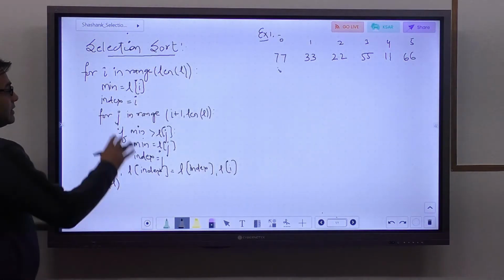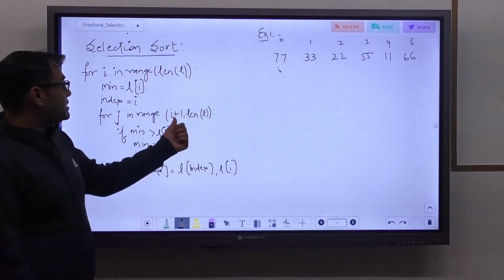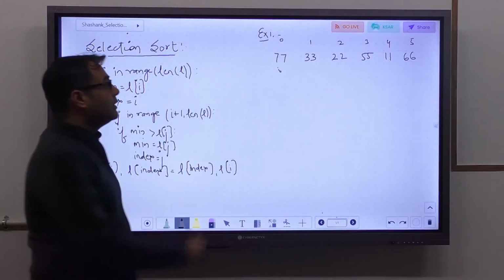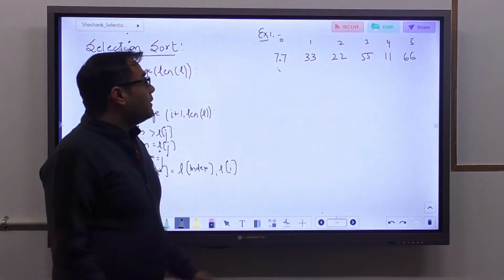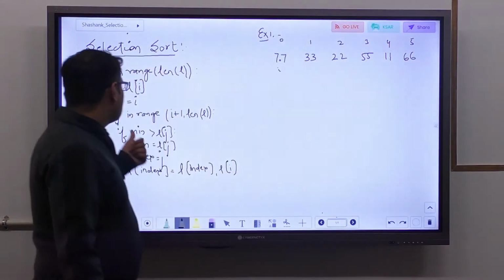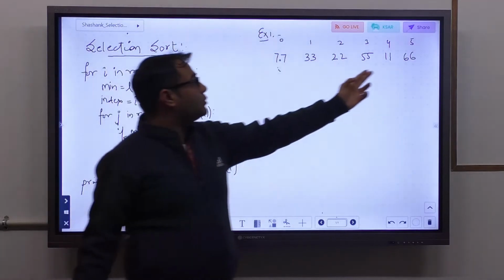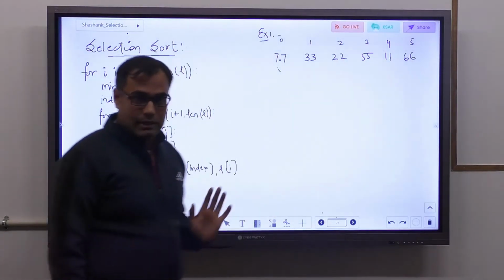What happens next? We will start a loop from I plus 1 to length of L. I plus 1 is the next element to I, which is 33. So we will start the next loop, the J loop, from 33 up to the last element.